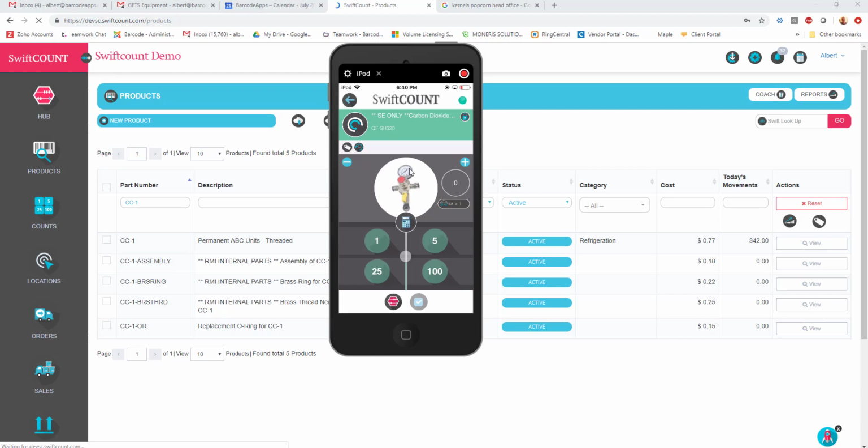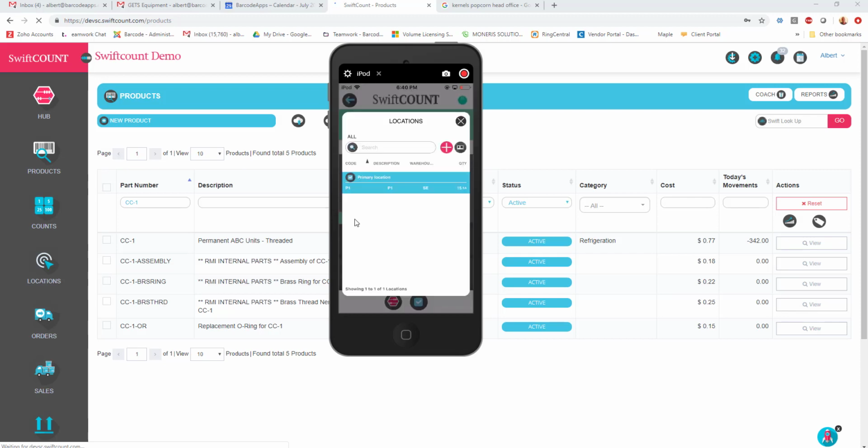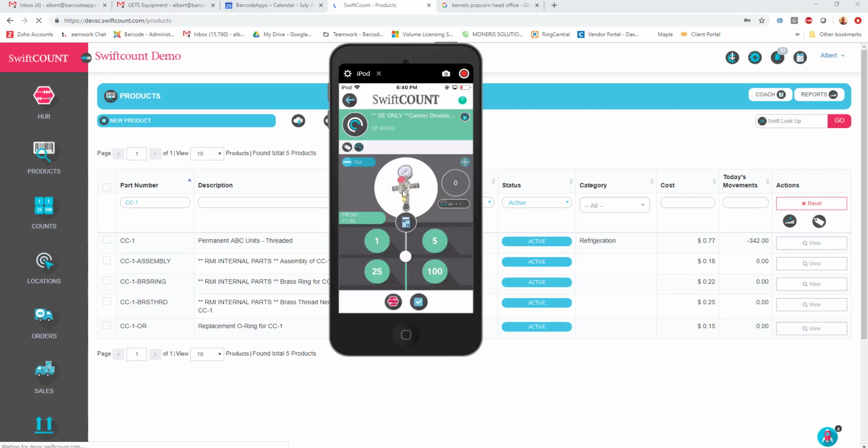So if I click on the little minus, it's going to give me the ability to remove something. Now, because I said minus, it's asking me where I'm getting it from. In this case, I only have it in my primary location. So I'm going to take one out, for example. I can only take one out, but I can also explain why I take it out